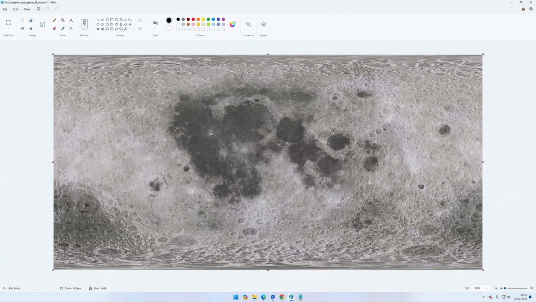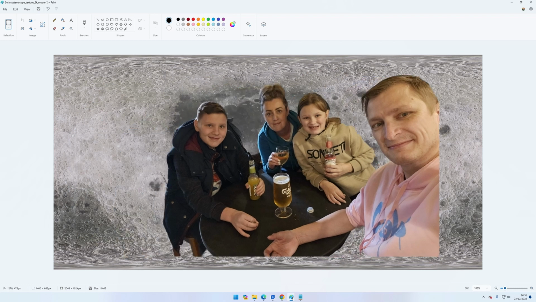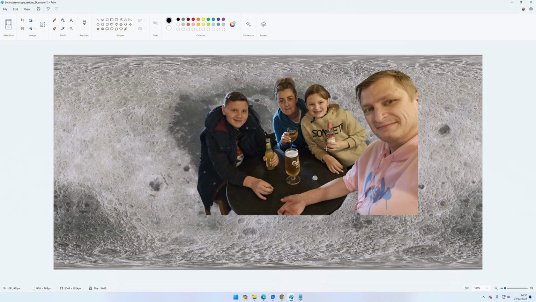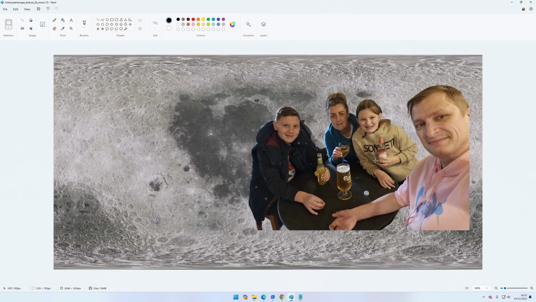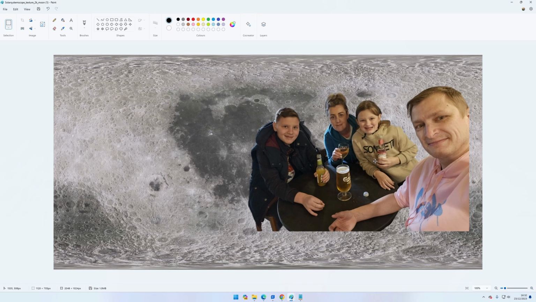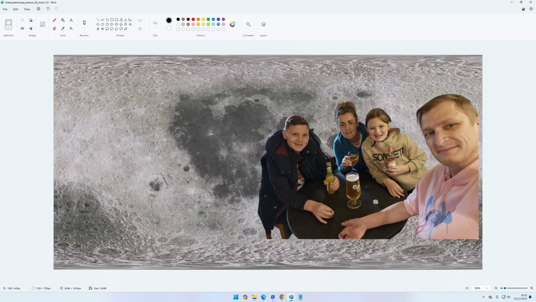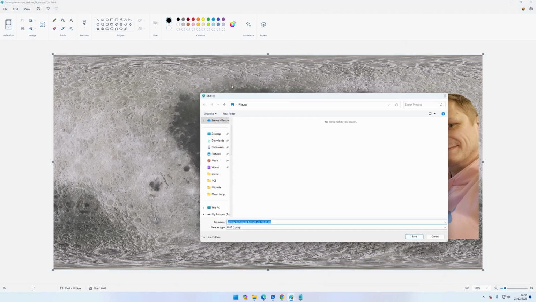And then we'll come over to our moon picture and drag it on. So it's still way too big. We're going to drop that down again. We'll do say 8%. Okay, and then we'll place it in here. So it's about, I can't remember what it was, so it was about here. We'll do the placement, see how we get on, and if we need to change it, we can do that after. So what we'll do, we'll File, Save As, go into our project folder, we'll just call it MoonLamp,